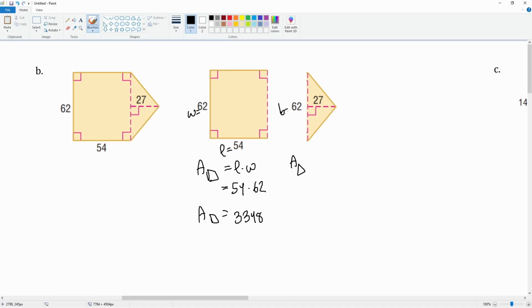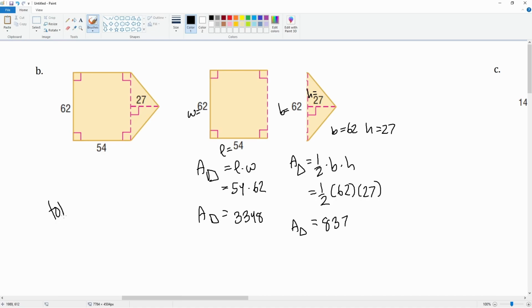Let's look for the area of this triangle here. We have that base is 62. We have the height is 27. So the base is 62. The height is 27. The area of a triangle is 1/2 base times height. So we can just plug it in. 1/2 base is 62. Height is 27. All right. 1/2 times 62 times 27. So you get the area of this triangle is